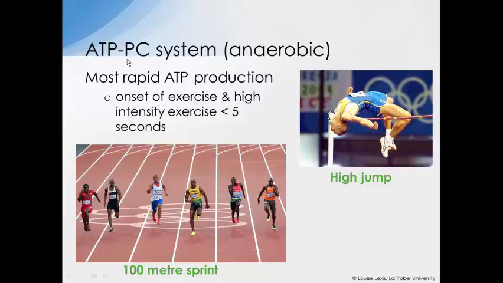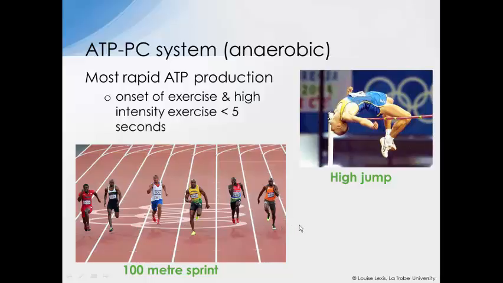So the ATP-PC system is the most rapid method for ATP production. The ATP-CP system provides energy at the onset of exercise and also for high intensity exercise lasting for less than 5 seconds. So if we have a look at these two examples on the slide, this is showing you a